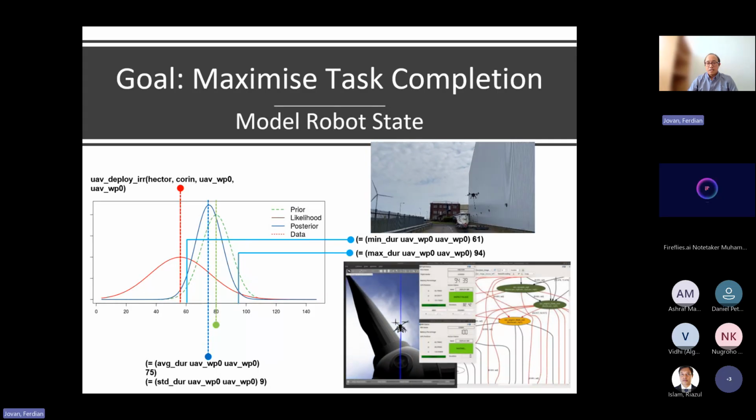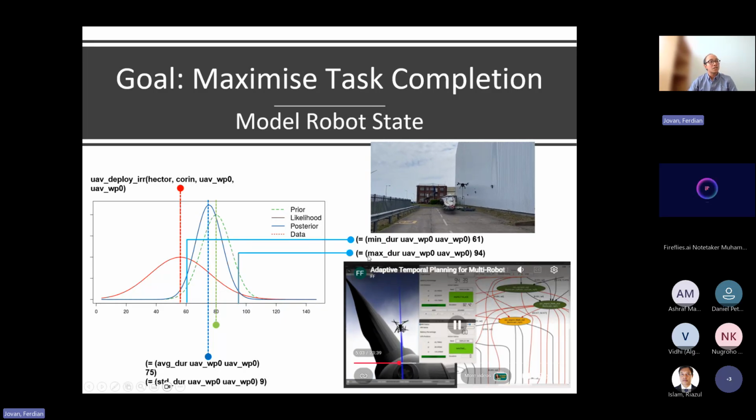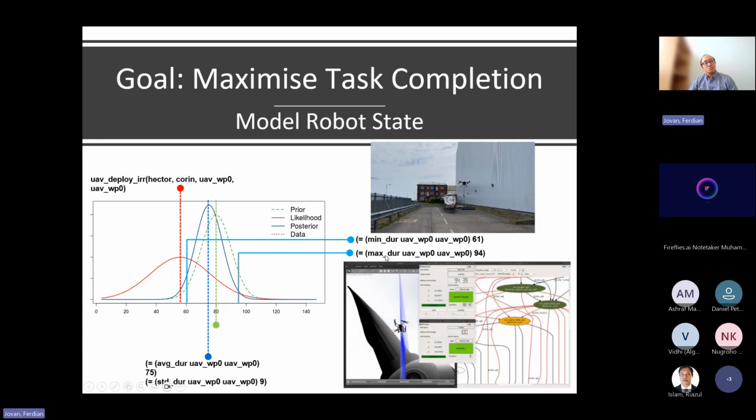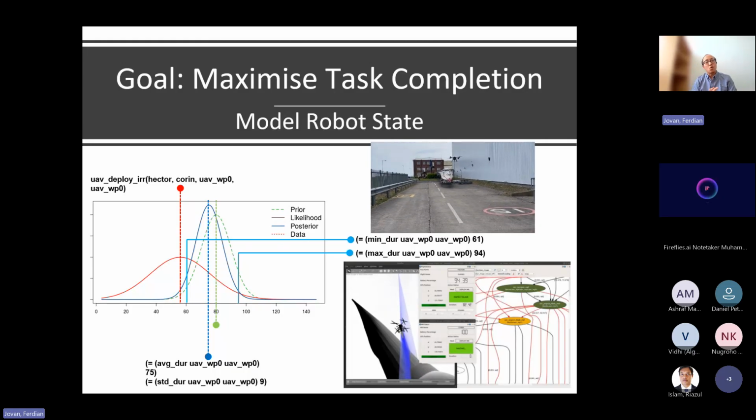And then I have been talking about the success rate. The success rate here is also taken into account to calculate the maximum expected action duration. Just in case, for example, the actuator fails when it tries to open to drop the crawler onto the wind blade.